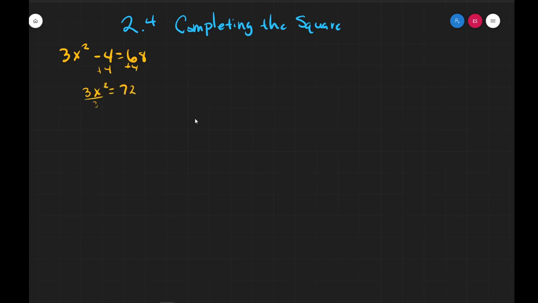Then if we divide both sides by 3, we get that x squared equals, let's see, 72 divided by 3, that is 24, right? And then after that, we can take the square root of both sides to make the square go away. So then we have x equals the positive or negative version of whatever the square root of 24 is. Since it's not a nice number, it's going to be just a little bit less than 5. But this is a perfectly nice, perfectly reasonable number for us to use for our solution for this particular problem. Okay? So using that same idea,